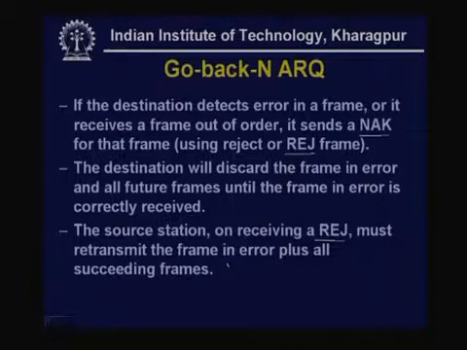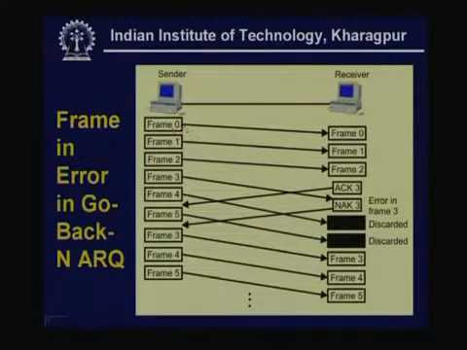Let us see how it actually works. So, here it is explained with the help of this diagram. Frame 0 is sent. So, here it reaches correctly. Frame 1 is sent, then frame 2 is sent by the sender, and you can see for all these 3 frames a single acknowledgement is sent as ACK 3. Now, the transmitter keeps on sending 3, then 4, then 5. Unfortunately, frame 3 has reached with error, and as a result the receiver sends a negative acknowledgement NAK 3,